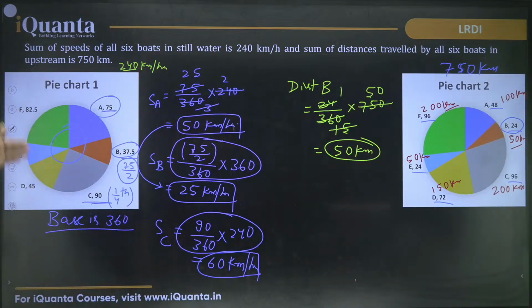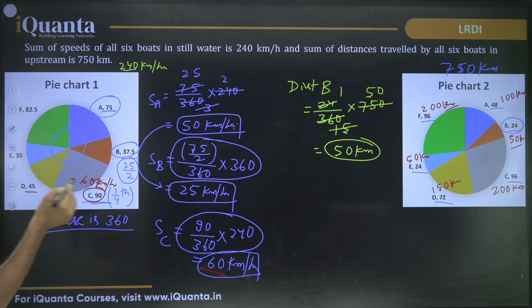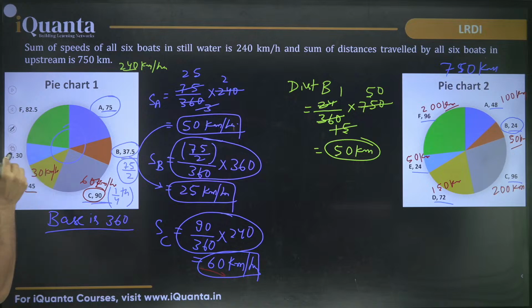In fact, speed भी निपट गया. देखो, this C90, this was 60 kilometers per hour. So 45 will be half of that. That is 30 kilometers per hour, right? 30 will be 1/3 of that. That is 20 kilometers per hour,